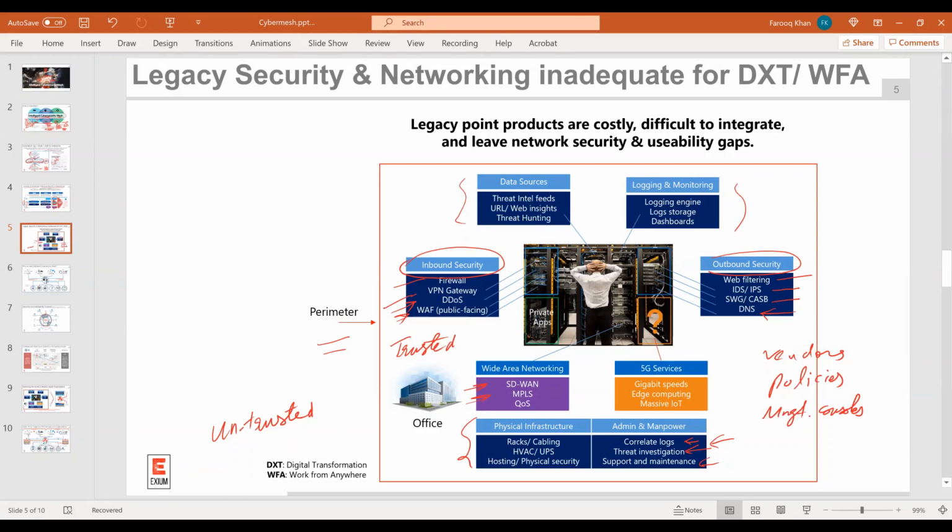So what all this leads to, and we know that charging customers for integration services is a significant revenue stream for many security companies. So the current state of things is very attractive to the incumbent security vendors. But in terms of security and performance, we know that if there's complexity, because this is a lot of point solutions,